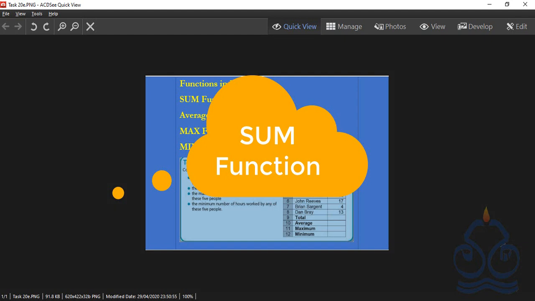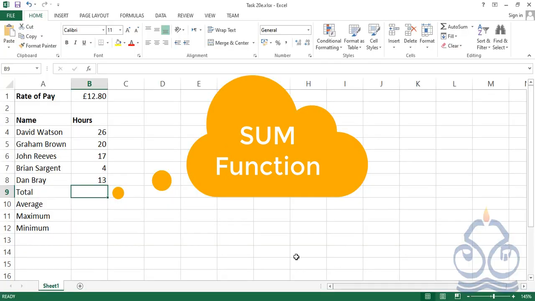And as per the task, the first bullet, the total number of hours worked by all of these 5 people, from B4 to B8,